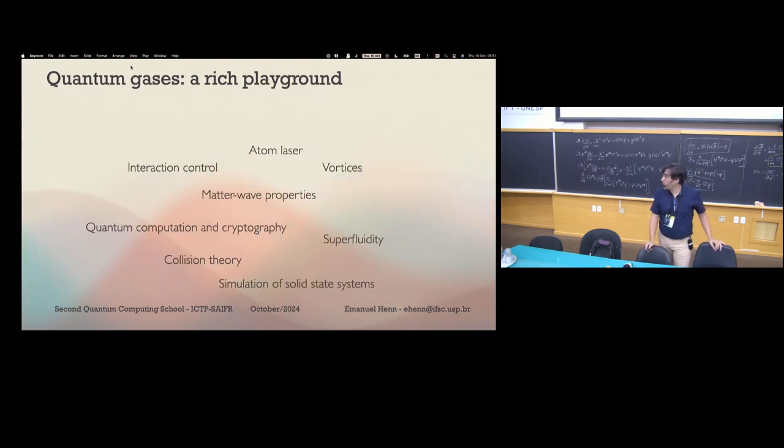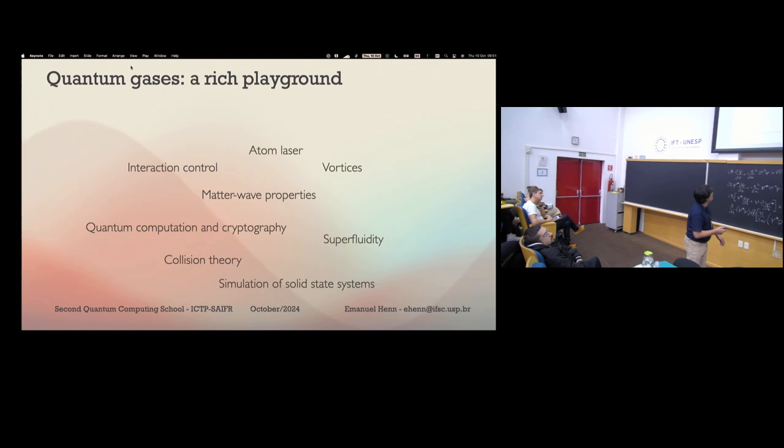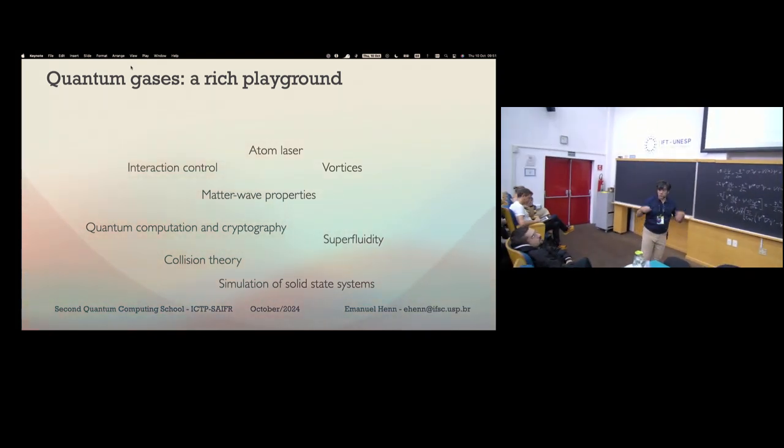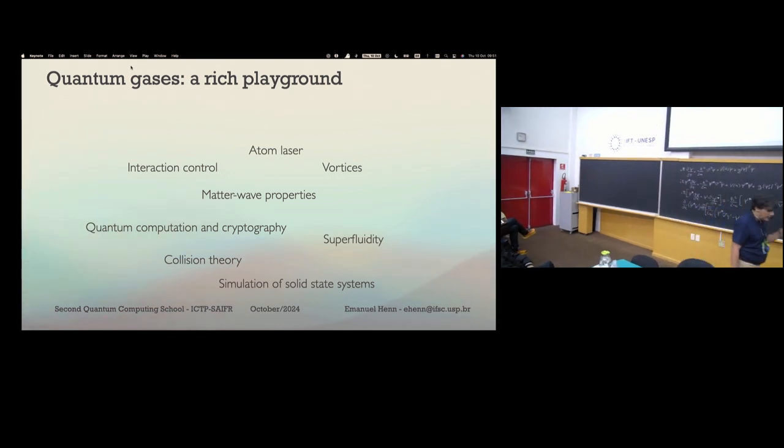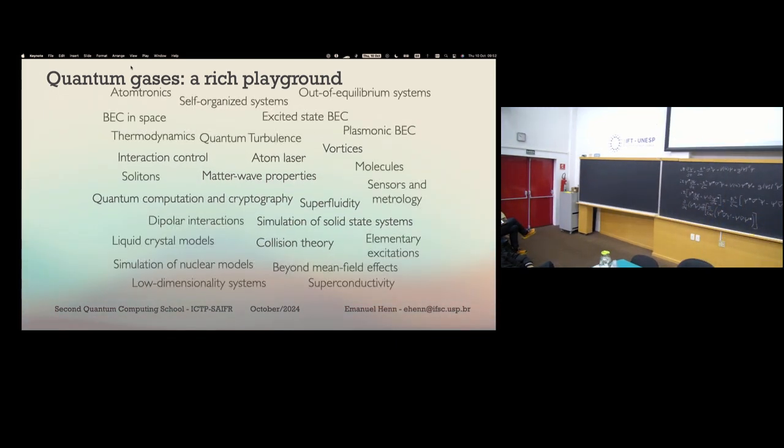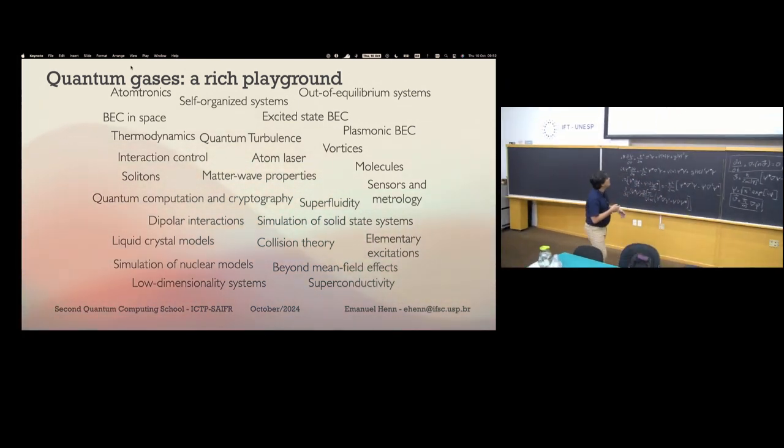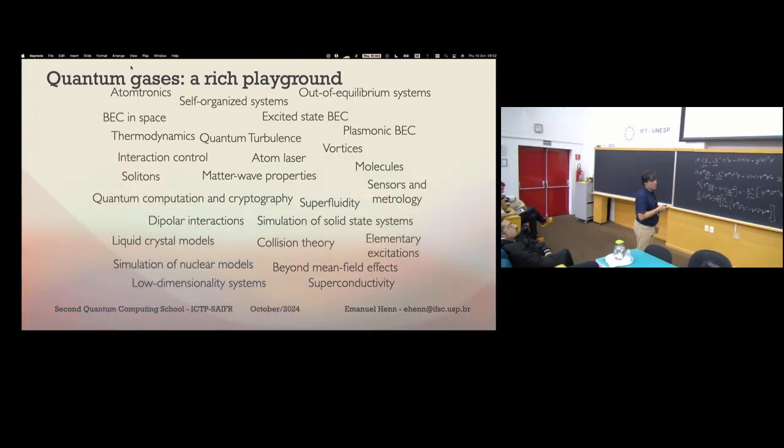Good, so quantum gases have been used to study many phenomena. I have a few examples here: vortices that I have shown you, matter wave properties, superfluidity, interaction control, so all these things, but not only that, many other things. These are small examples of what we can do with these Bose-Einstein condensate systems. And of course, every group out there is focusing on one or many of these topics. I want to highlight a few that we do there in São Carlos,